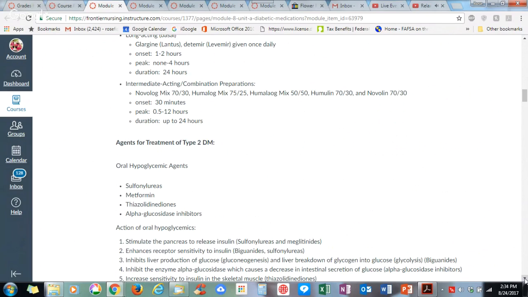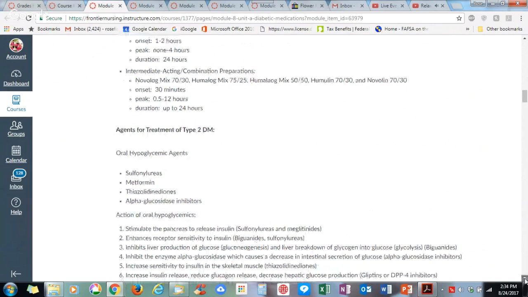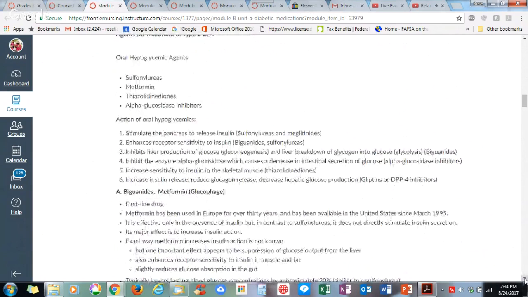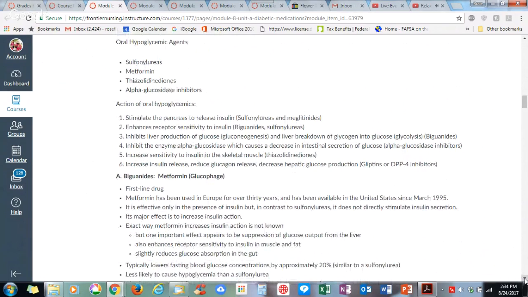Agents for treatment of type 2 diabetes. Oral hypoglycemic agents are sulfonylureas, metformin, thiazolidinediones, meglitinides, alpha-glucosidase inhibitors. Actions of oral hypoglycemics: stimulate the pancreas to release insulin, such as sulfonylureas and meglitinides; enhance receptor sensitivity to